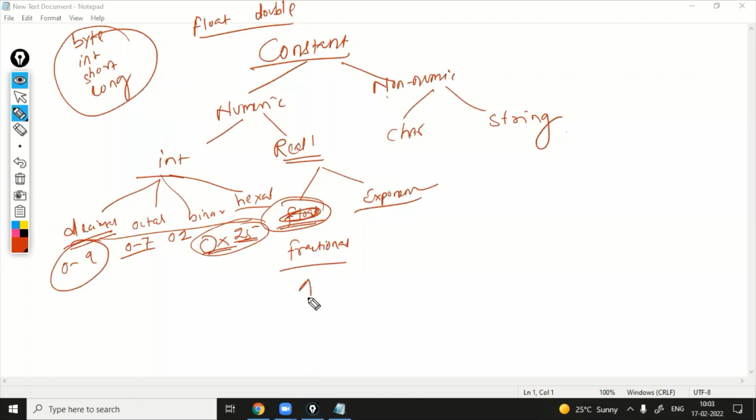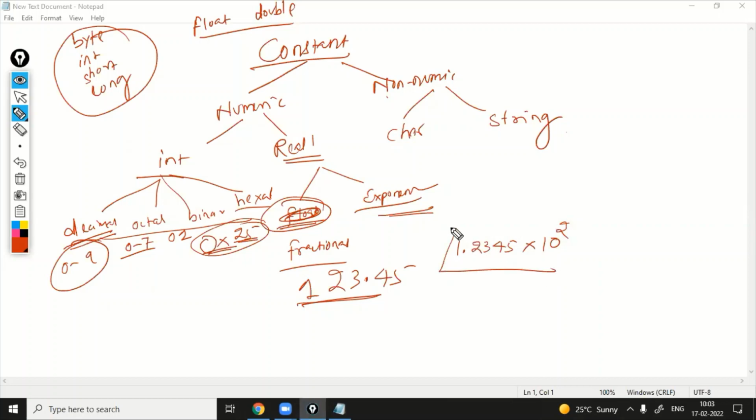For example, I am writing 123.45. This fractional presentation is a float type, a real type number. Another is exponential. I can write it like this: 1.2345 into 10 to the power. How many places change? 1 2, two locations that side. That side means the power is positive.